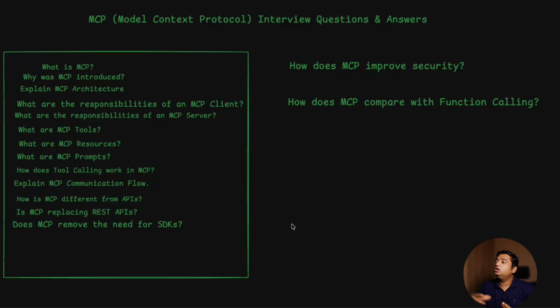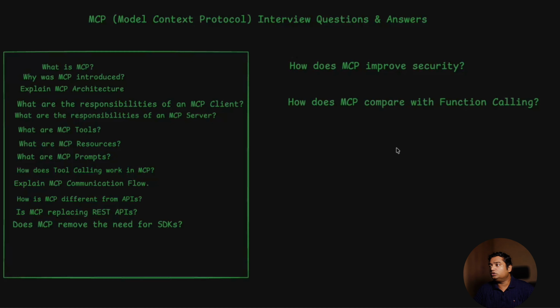The other question is, how does MCP compare with function calling? MCP calling the tool and function calling are different, because function calling logic has to be written for each of your applications. It can be part of a common utility, but generally it is very much combined with your application. The second thing is that for each piece of work, you have to write a different function call.